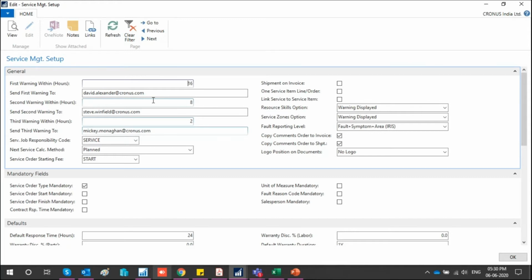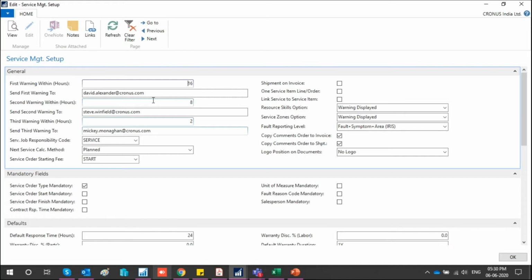Now, what it means, for example, is that I have received an order, a service order has been booked. After a service order has been booked, I get a particular time to address it, which some people in official language call SLA, service level agreement, in which they define that if this is a live issue, I have to respond within 4 hours. If this is a report level issue, I can respond in 24 hours. So like that, I can define the SLA also.